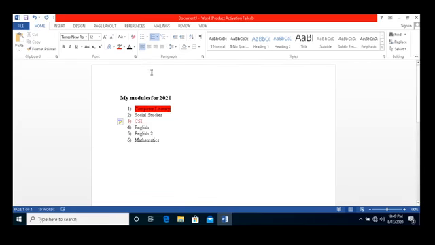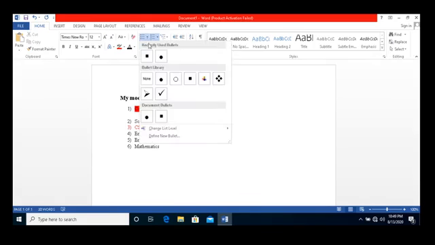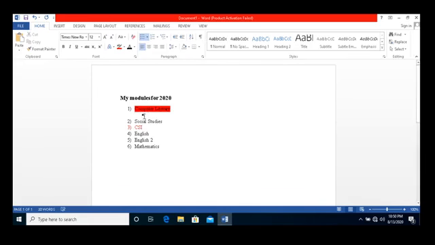Okay, so now we have our numbered list, but in most cases you'd want to have what is referred to as a multi-valued numbered list. So say for example I want computer literacy there, but I want its description to be slightly inside but not part of the original list. So for me to be able to do that, I use what is called indenting. So indenting, I can increase it inside such that I can have a description for computer literacy as not part of the original list. Then I can also change my list here such that I use the bulleted list for my descriptions. So here I can also maybe just give a short description to say